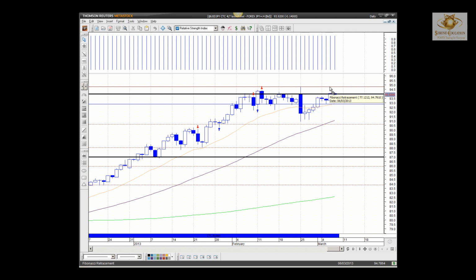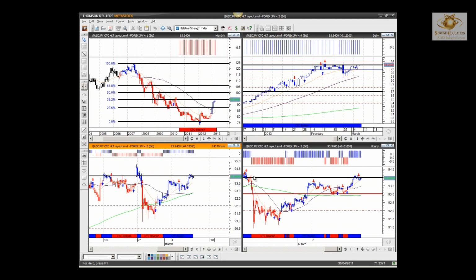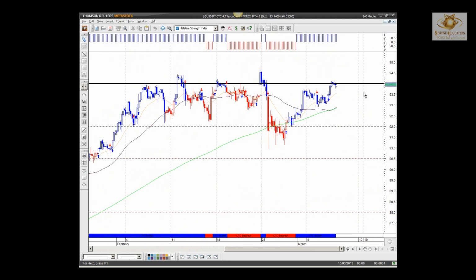So if we could see a nice bullish engulfing candle by the close of this week, seeing price moving above 9,500 in particular, that means we'll be trading into cleaner air for the foreseeable future. So be patient, look at our 4 hour, get above that 9,400, stick above 95 in particular. The further away we get from this major support and resistance level on our weekly and monthly, the better it is long term.